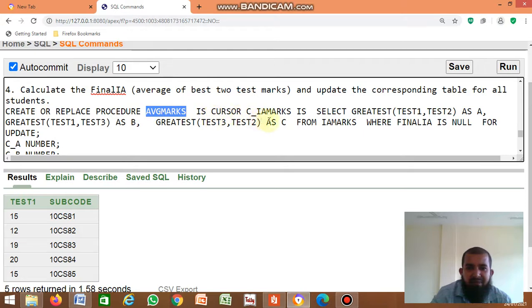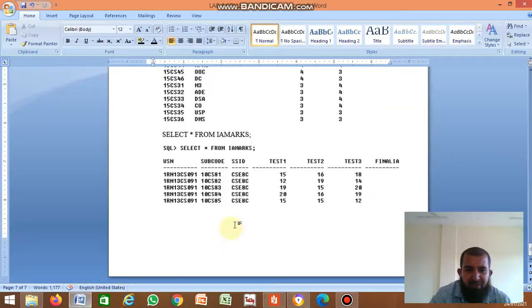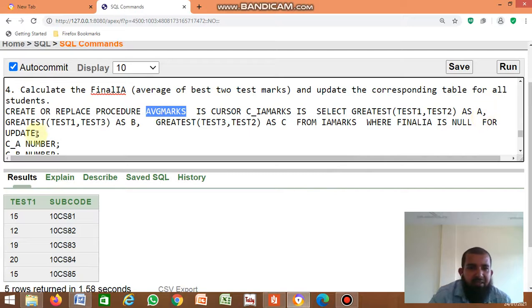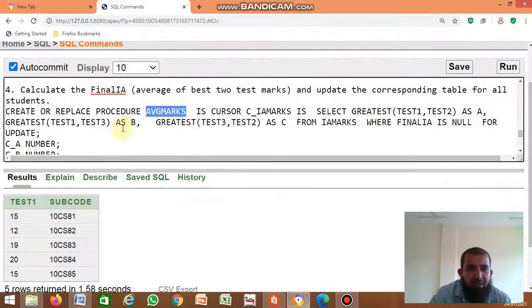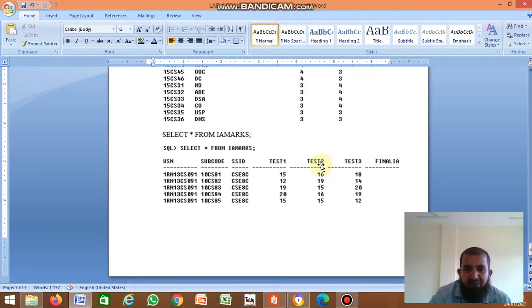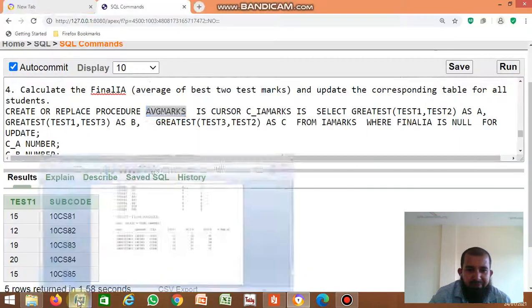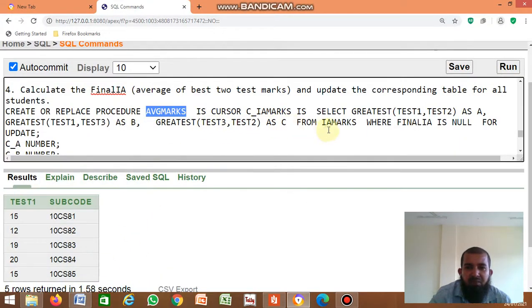Is cursor C_MARKS: select greatest of test 1 and test 2 as A, then greatest of test 1 and test 3 as B, and greatest of test 3 and test 2 as C, from the IAMarks table, where final IA is null.